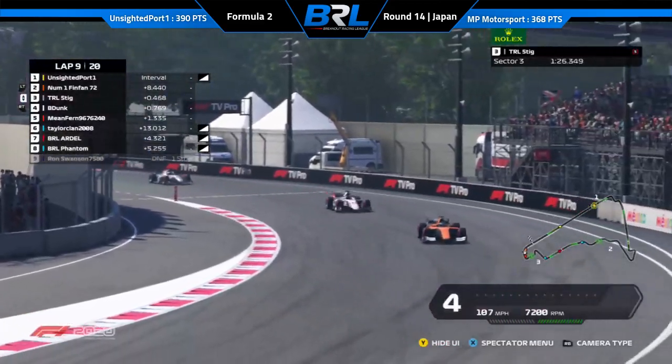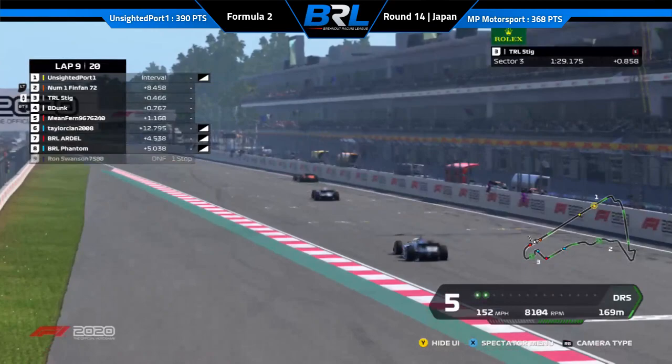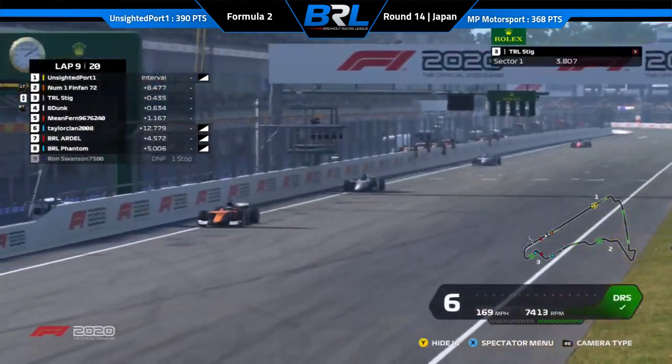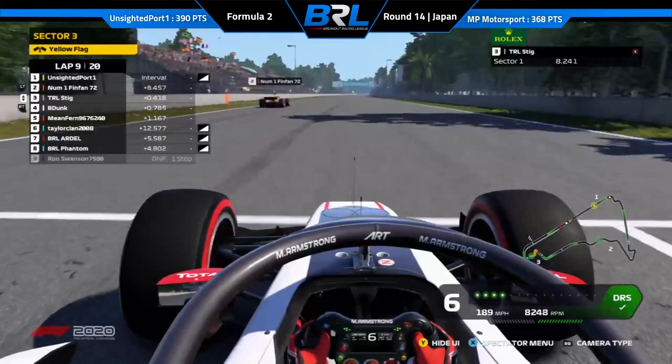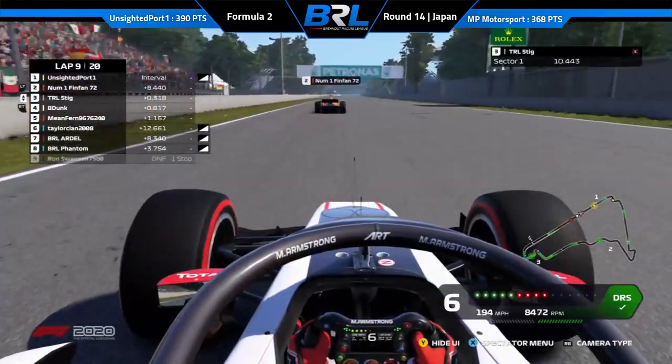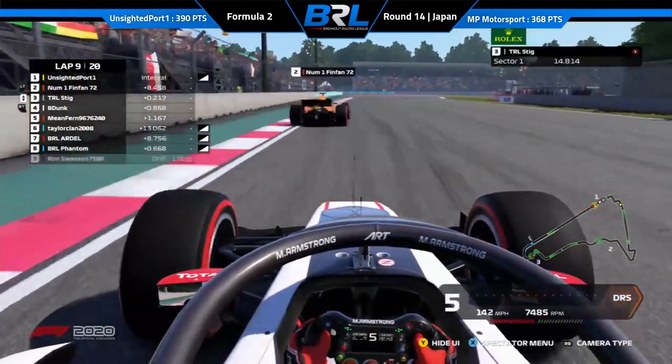Going through turn 16 into 17 to complete lap 9. Look at FinFan aggressively breaking the toe. That's a yellow flag again. That is actually going to be the Prema of Ardell. He spun round, I'm pretty sure. And look at this, FinFan, he's still trying to make it. There's not enough straight. Stig